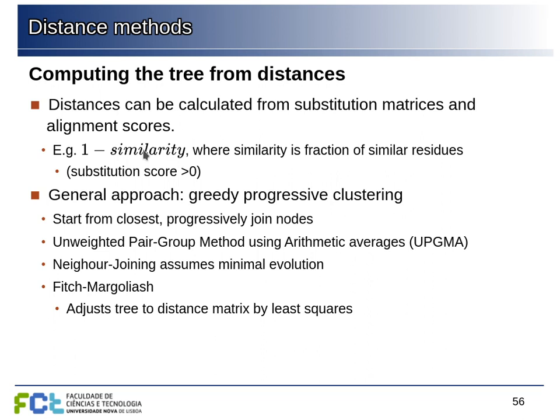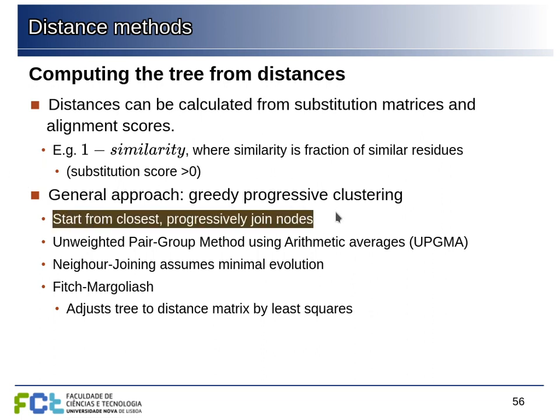This would be the example I gave previously with the cytochromes, where we just counted the differences in the sequences, and there are many different ways that we can measure this, but the idea is that we have a value that increases as the sequences become less similar, and it decreases as the sequences are more similar. So this is the notion of distance that we have here. And now the general approach would be to do this in a greedy way, progressively, by joining the ones that are closest together, and then keep joining more and more as we go farther apart.